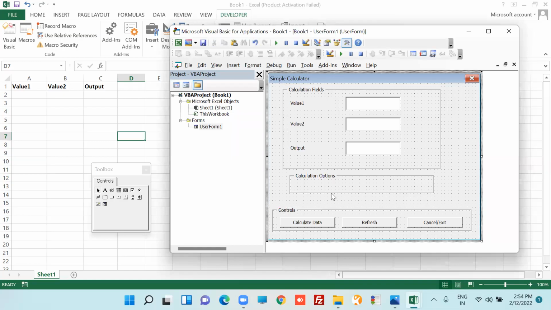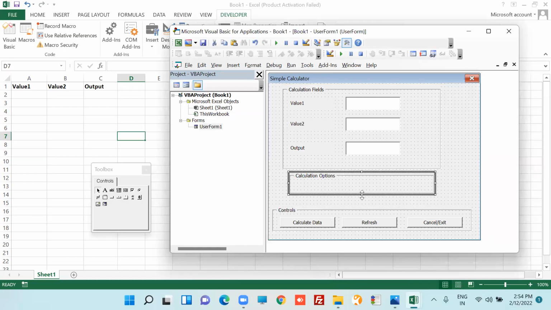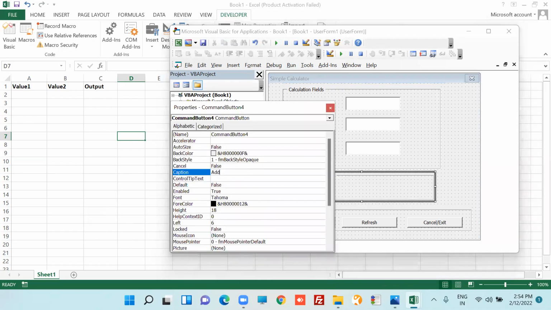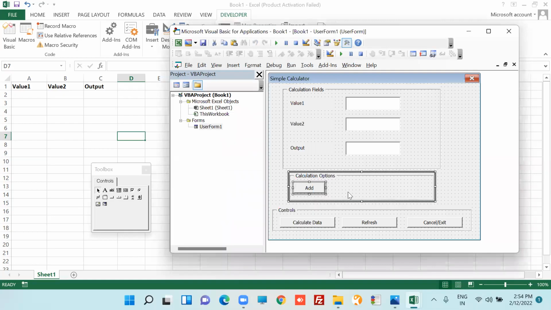Now I have taken one command button, I will place it here. I will say add, then